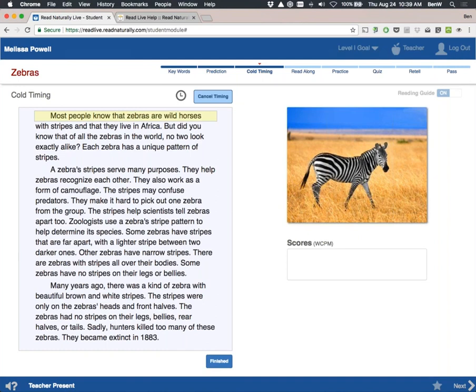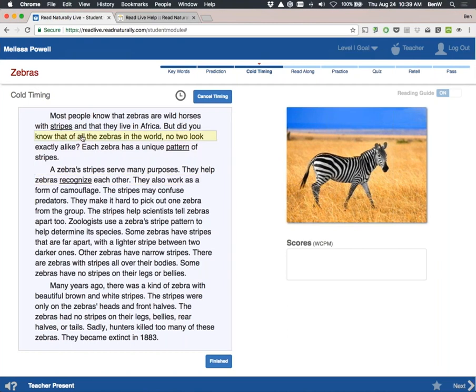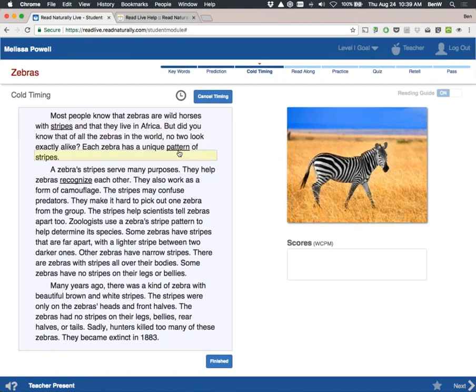So student begins reading. We'll click on the Start Timing button. Unlike with our placement demonstration that I showed you earlier, instead of counting difficult words, here difficult words are identified with a mouse click. Stripes. Pattern. Recognize. And as you can see, when I click on a word, that word is highlighted, that word is underlined. It's spoken aloud.